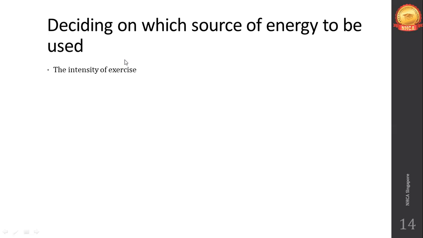Think again. You are wrong. Most of you are wrong. Think again. Low intensity workout will require which kind of energy? Is it muscle glycogen or fat? Low intensity workout, you will lose a lot of fat. Okay, because